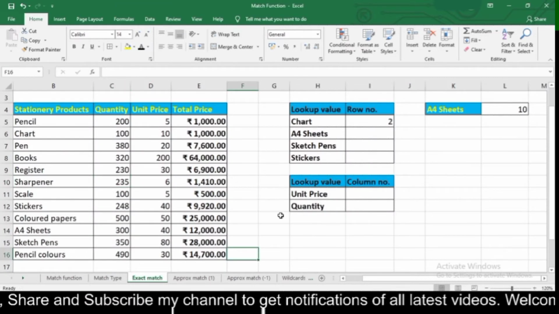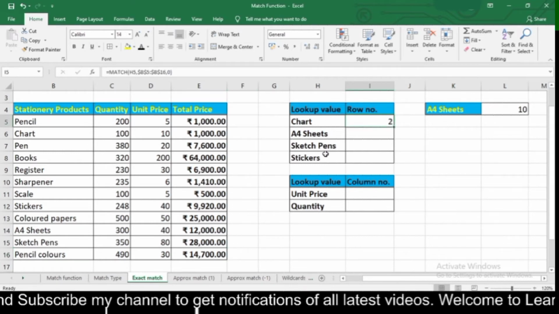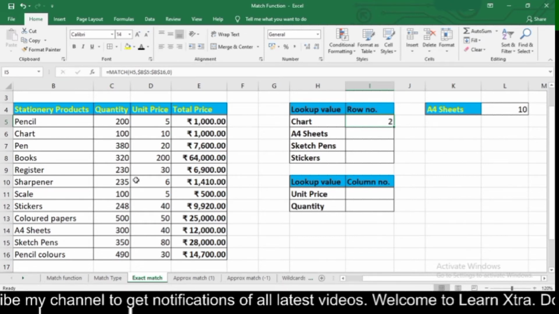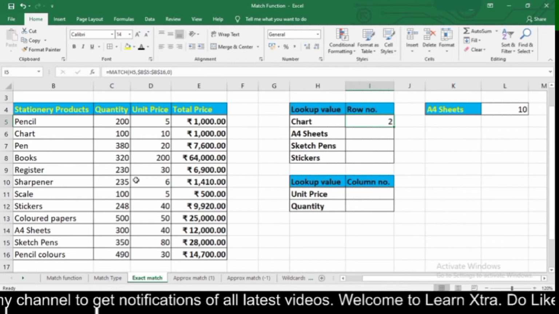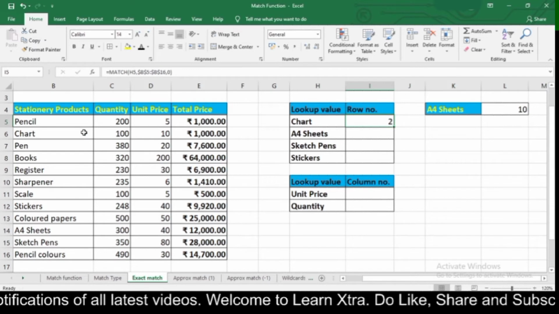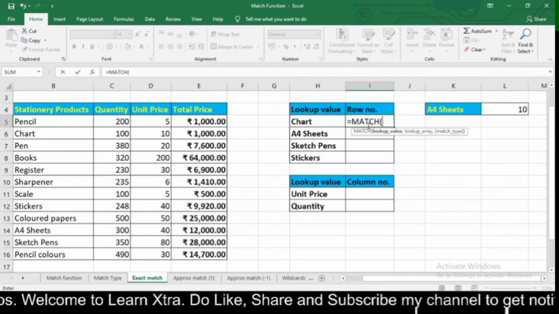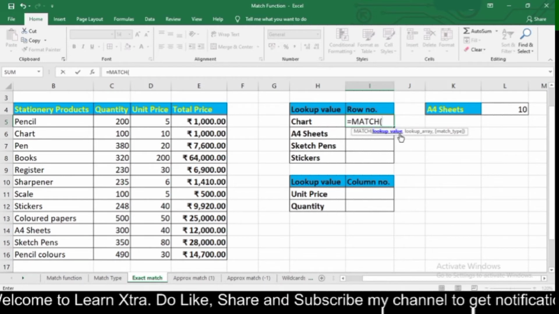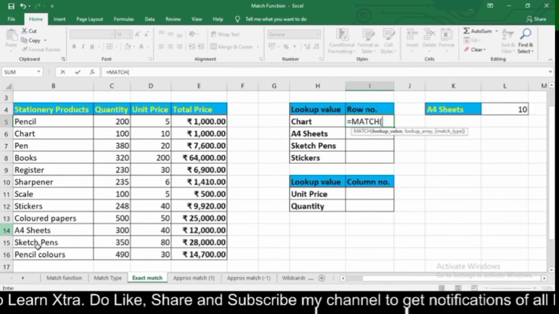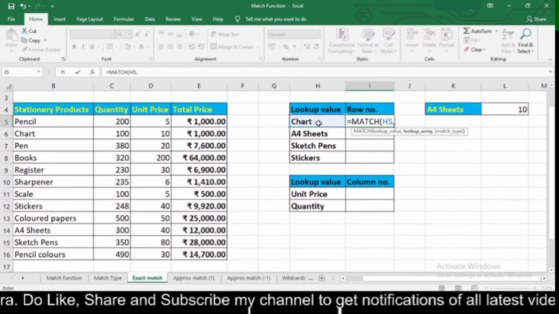So, exact match. Here I have some lookup values which I need to find out from this table. Here I have some stationery products and their prices, and I need to find these lookup values from this table. So you just need to type your MATCH function, that is equal to MATCH, lookup value. Lookup value is the value which you want to find out from your table. So this is my table and I need to find out chart from my table.